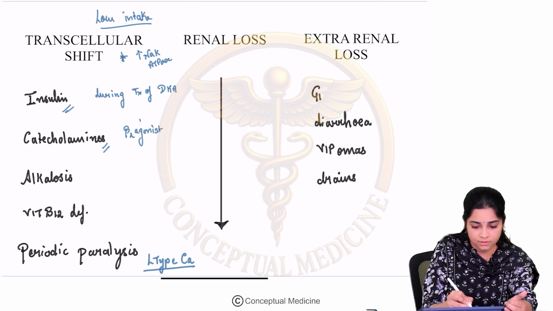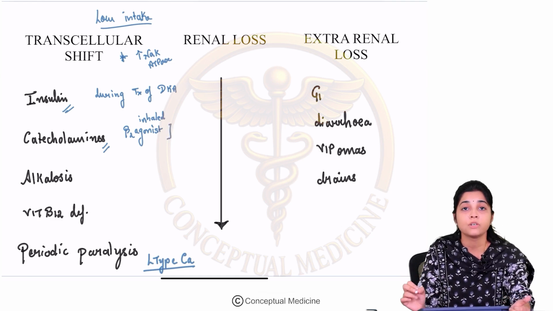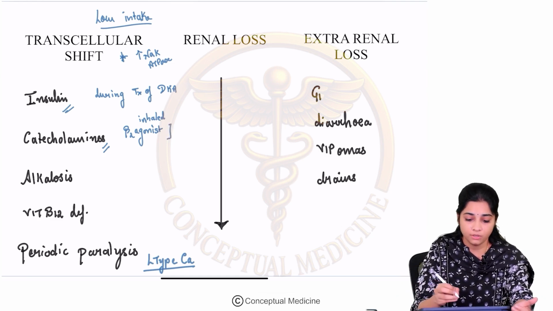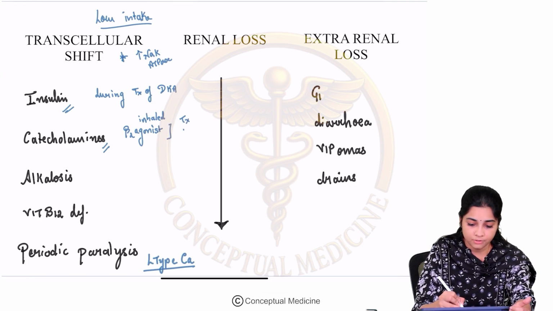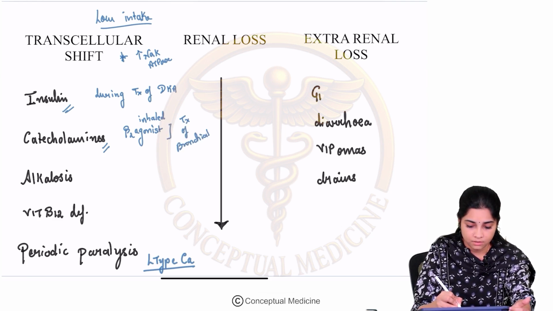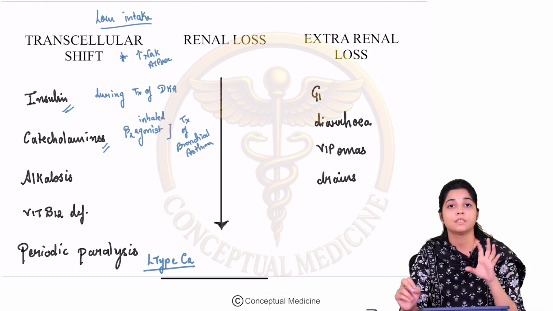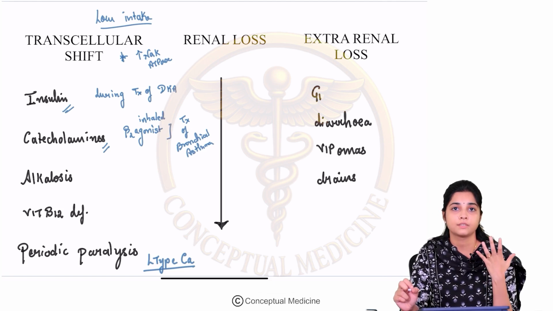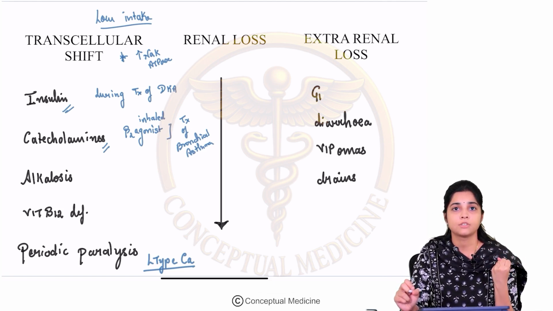Inhaled beta-2 agonist. Where do you give this inhaled beta-2 agonist? It is nothing but your salbutamol or albuterol, which is used in the treatment of bronchial asthma. So, whenever a patient is on these inhalations, salbutamol or albuterol round the clock for an acute exacerbation of asthma,